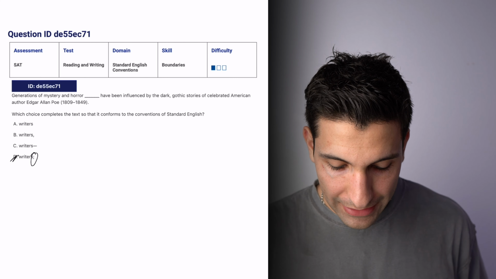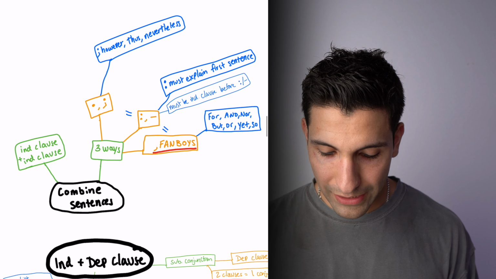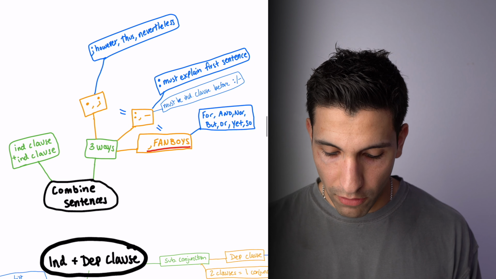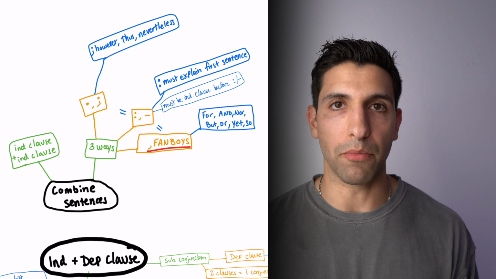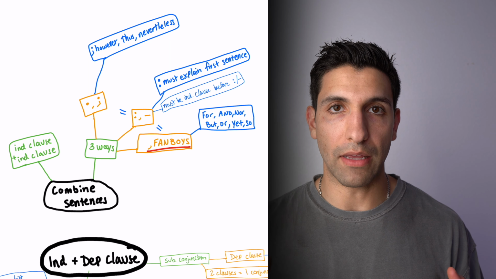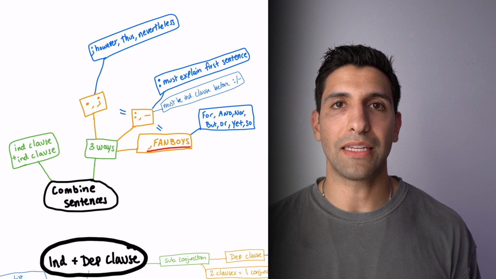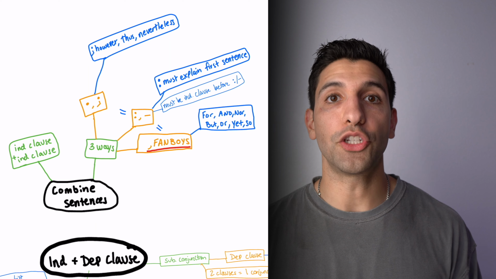separate writers and have. So when we look at combining an independent clause with another independent clause, there are three ways we can combine them on the digital SAT. There are periods and semicolons, there are colons and dashes, and then there are a comma and then a coordinating conjunction such as any of the FANBOYS. So for, and, nor, but, or, yet, so. Those are the only three ways on the digital SAT that you'll be tested on of combining two independent